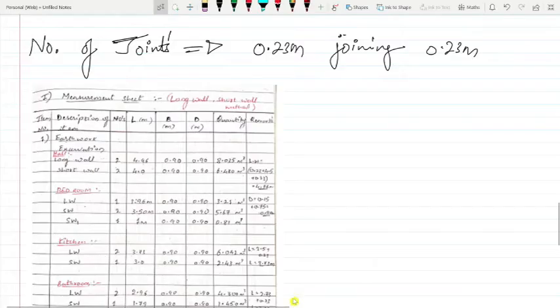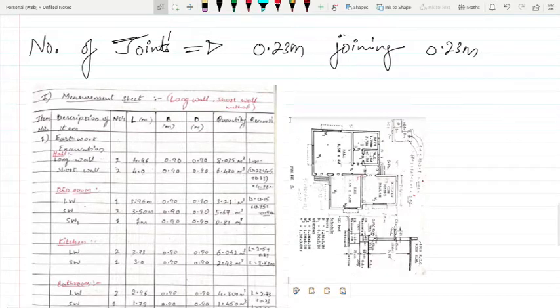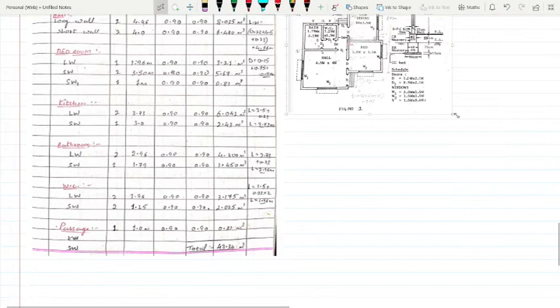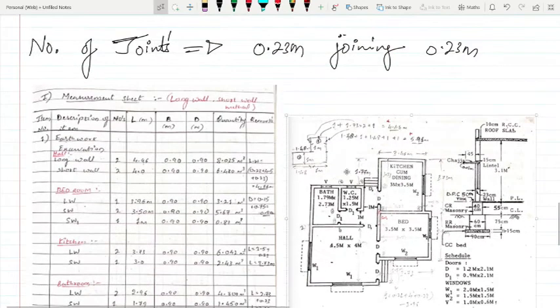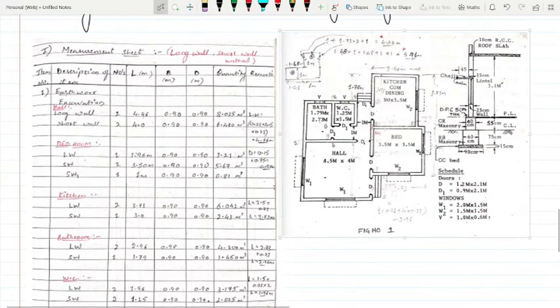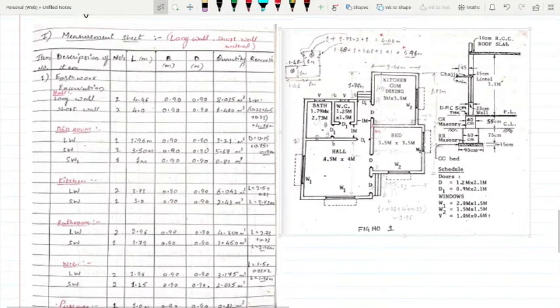But in long wall, short wall, each and every part is very simple. One disadvantage is it will take time to solve. Each and every wall we have to do two calculations, for a bedroom, two calculations separately.